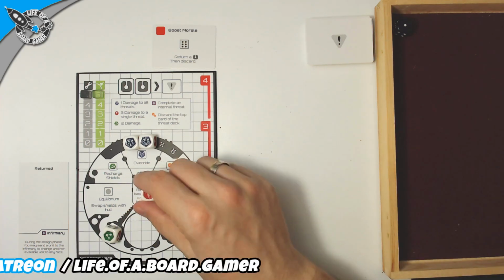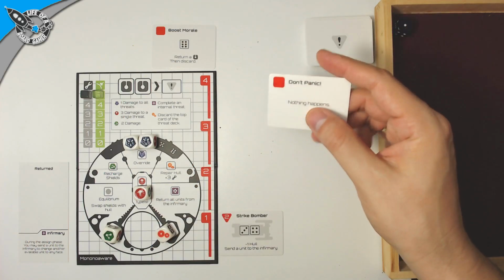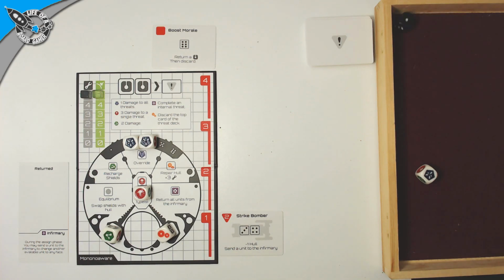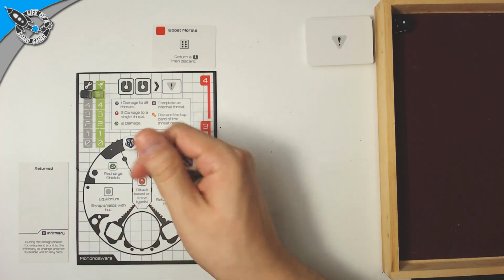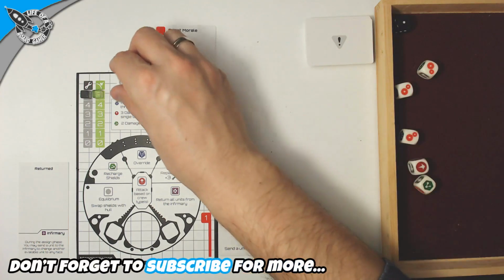So yeah, wait, we have to be attacked by a, don't panic, nothing happens. And let's see, number 1, he cannot attack me. I blocked all of his numbers, so I'm good. Okay, let's continue. So we have a threat detected,